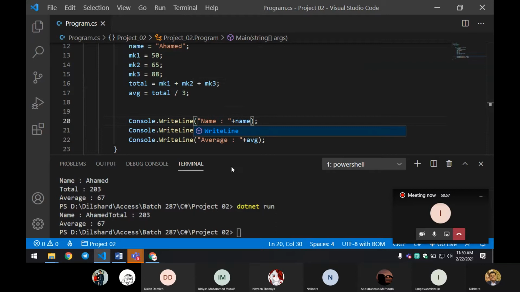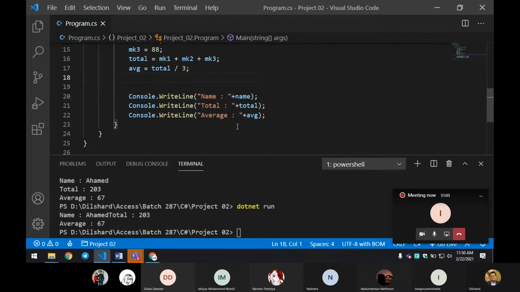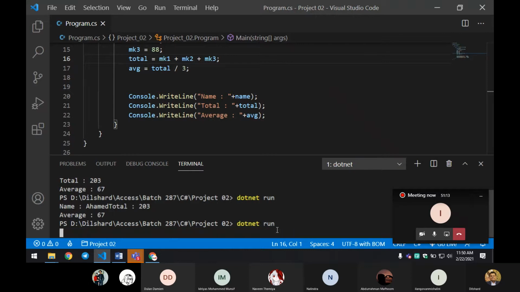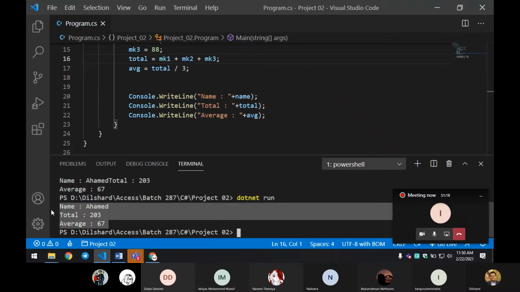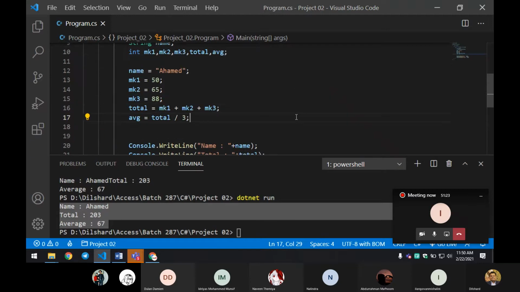So I have write line, and I want to keep that write line as it is. Okay, if I run it again, how can we run? You can access the history by using the arrow key. So I'm going through the history using arrow up, and you can see here the data are getting printed. Okay, now we're going to include an if condition to this.